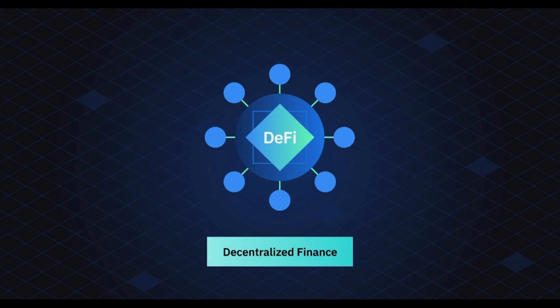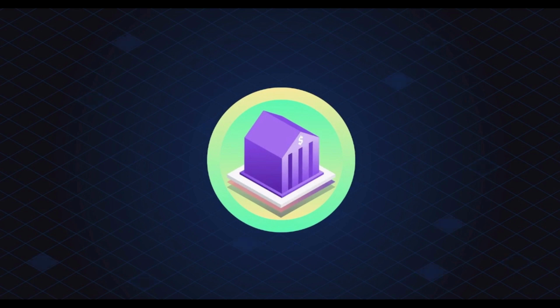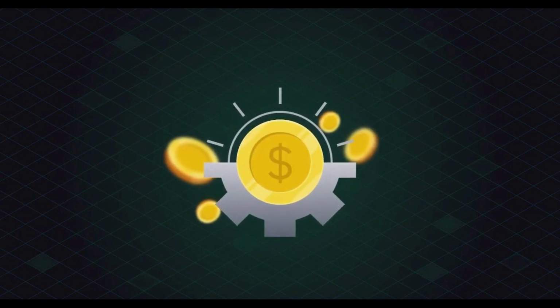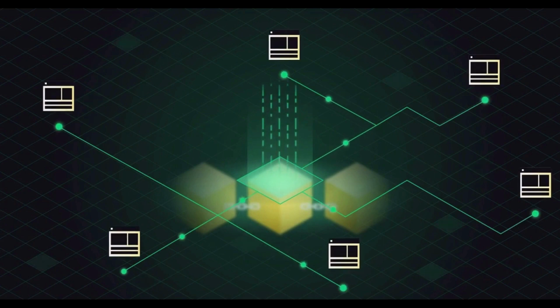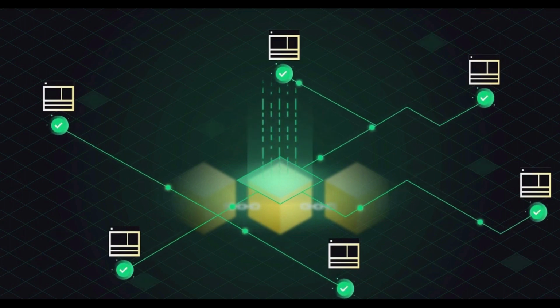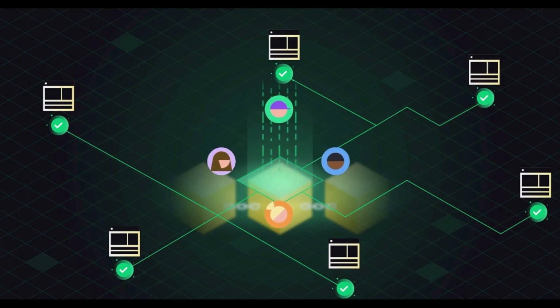A core concept of blockchain technology is decentralization, meaning the control of decision-making and execution is transferred from a centralized entity to a distributed network. One major use case of blockchain technology is in financial services, and DeFi refers to an ecosystem of financial applications built on blockchain networks, especially those governed by smart contracts. DeFi aims to create an open-source, permissionless, and transparent financial services ecosystem that is available to everyone and operates without any central authority. Moreover, users would retain complete control over their assets and interact with this ecosystem through peer-to-peer decentralized applications.